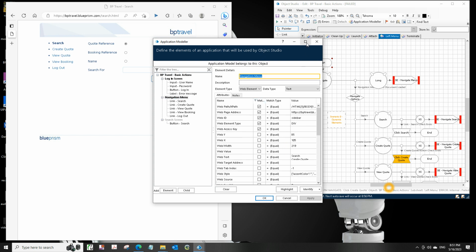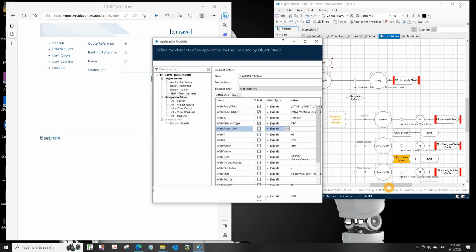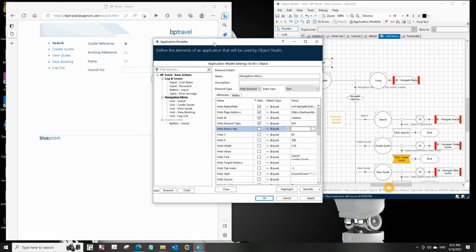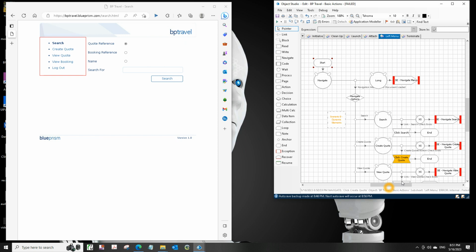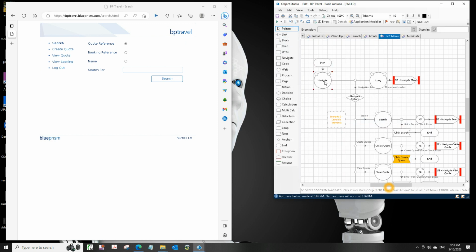I had some problem spying the navigation menu. Let me just make it big. This is what I spied, the web element, and these are the things that I spied that I felt were important. I don't even need this web access key. So if I hit highlight now, it can see the menu quite well, right? So no problems there. But once you've done the spying, you have to come back here and check each wait